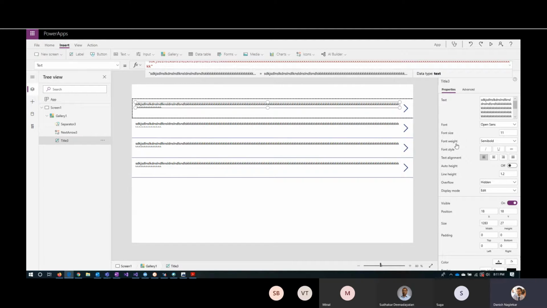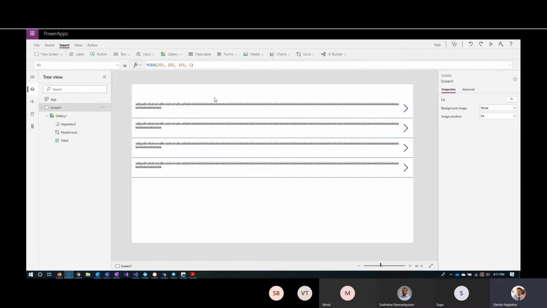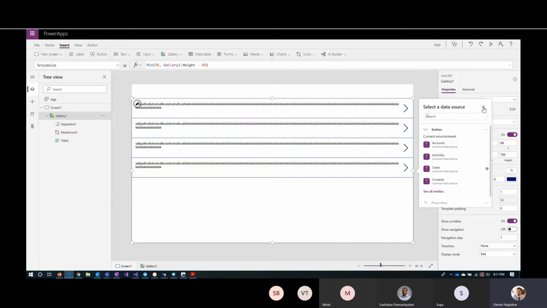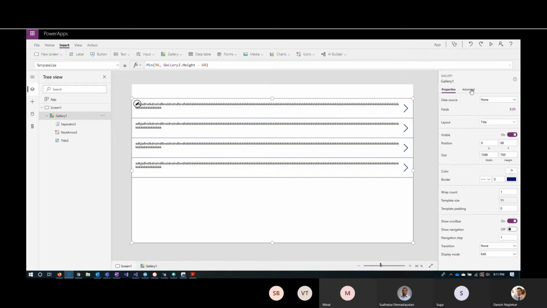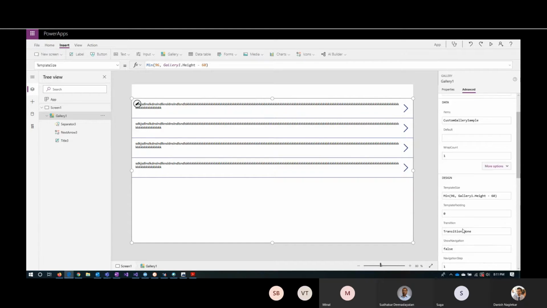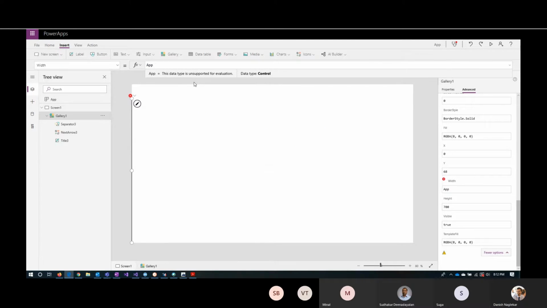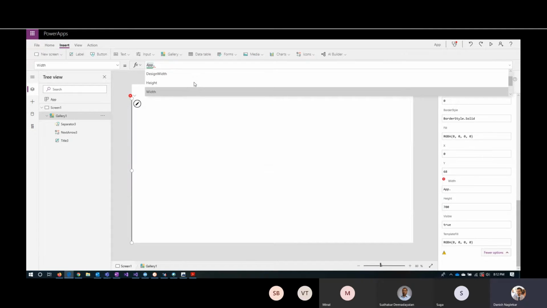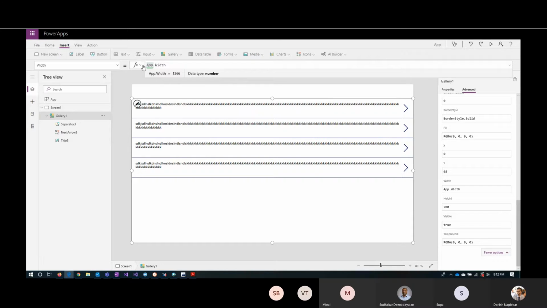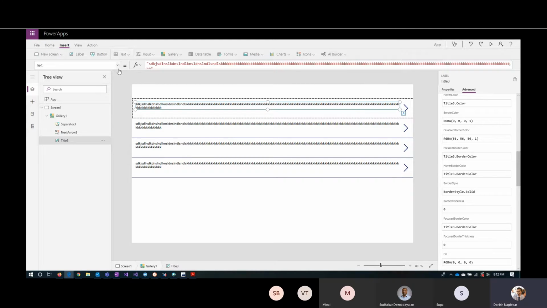Okay. So now let's keep overflow scroll, auto height. Okay, so now you see how you have this title, right? What we will do is we'll say the width of the gallery will be dependent on the screen. When I say screen, that means it is App.DesignWidth or width. Okay, so now my width is equal to the width of the gallery. Then in the title, the title width